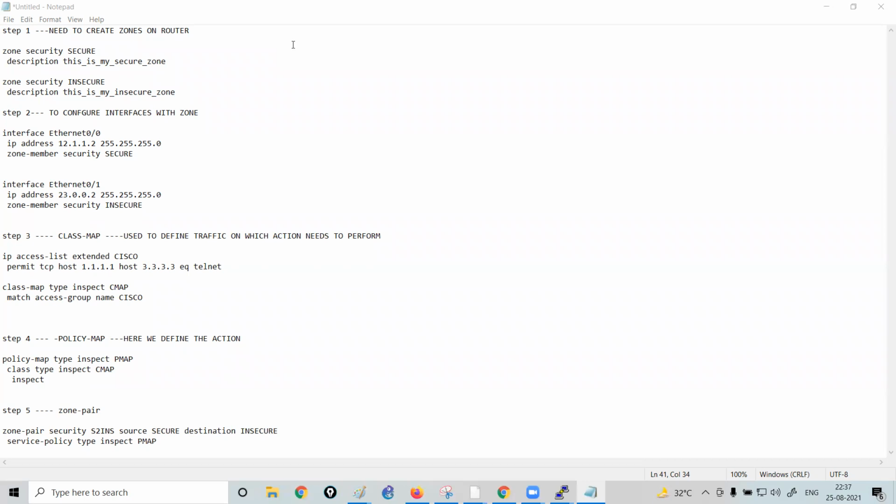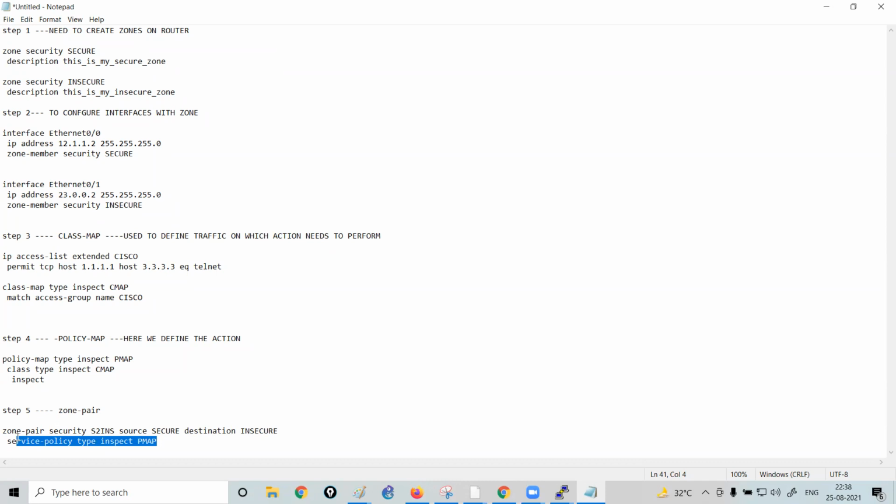Basically, you have created a policy map, right? The policy map is something which is used to define the action. But where does this action need to be performed? This action needs to be performed on the traffic whenever it receives traffic from the secure zone which is heading to the insecure zone. Is it clear? So basically this zone pair is used to call the policy map.